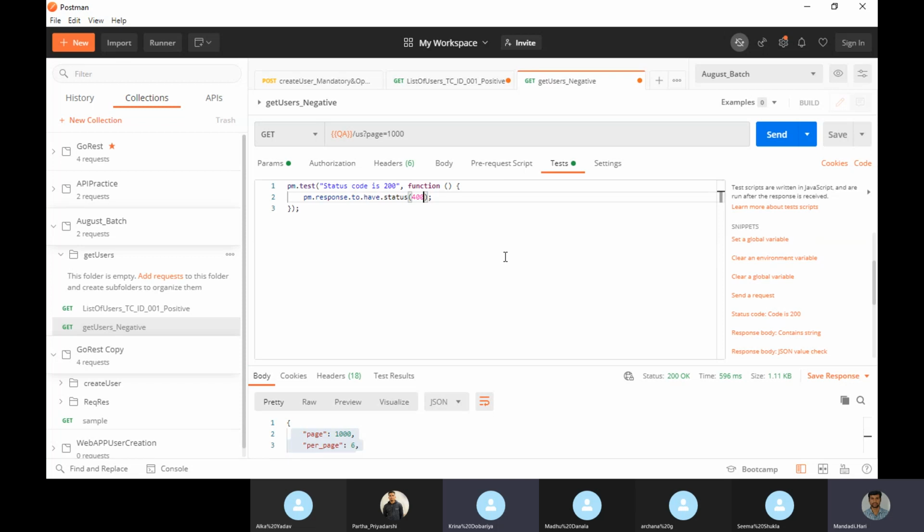That is a negative scenario we are setting. Whenever the developer mentions this is my endpoint, if I pass a wrong endpoint, you should not get 200. This is the negative testing we do on the API side.